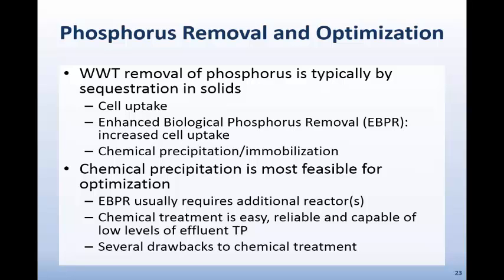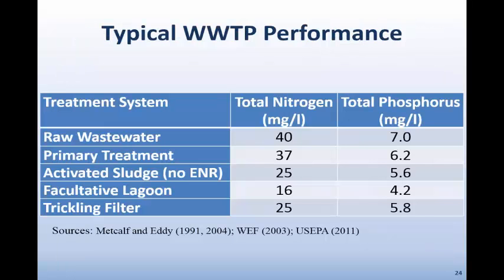So now we're going to talk specifically about the three main types of wastewater treatment systems considered. That's, again, activated sludge, lagoons, and trickling filters. This table just provides representative concentrations of TN and TP in raw wastewater and in different treatment processes. As you can see, in general, without advanced, specific nutrient removal processes, the three main types of systems yield pretty